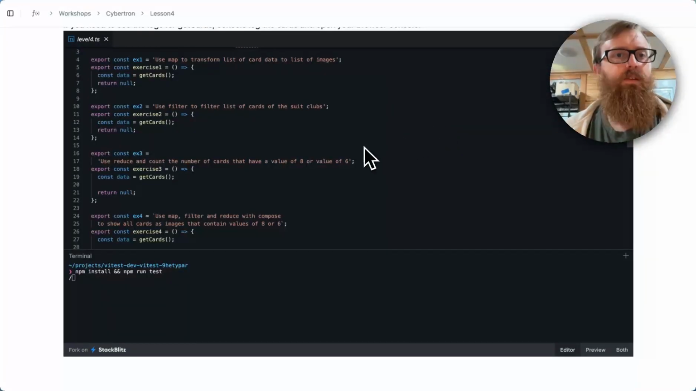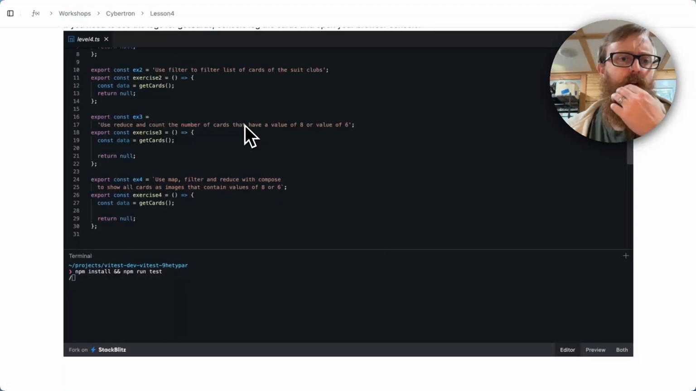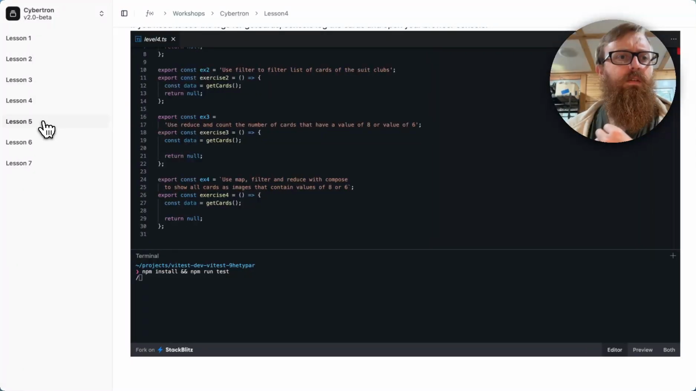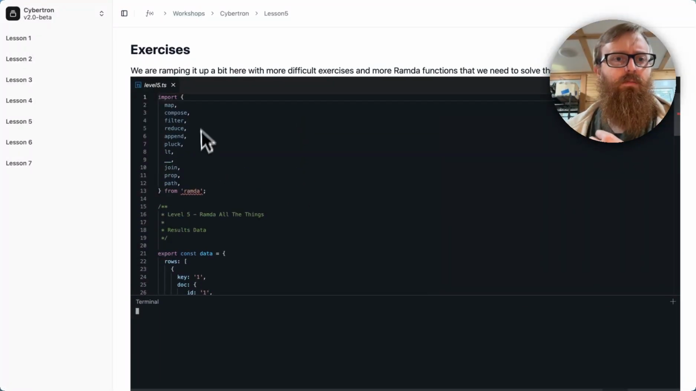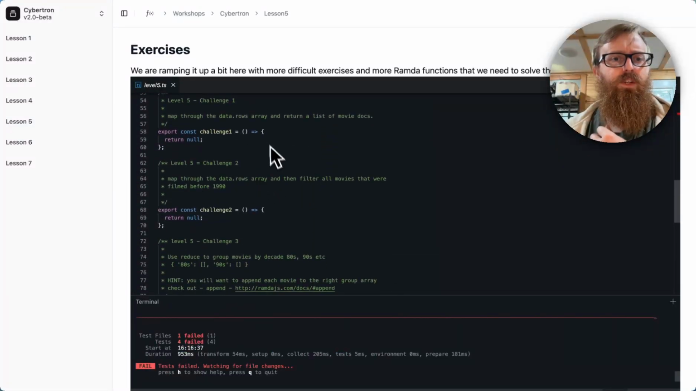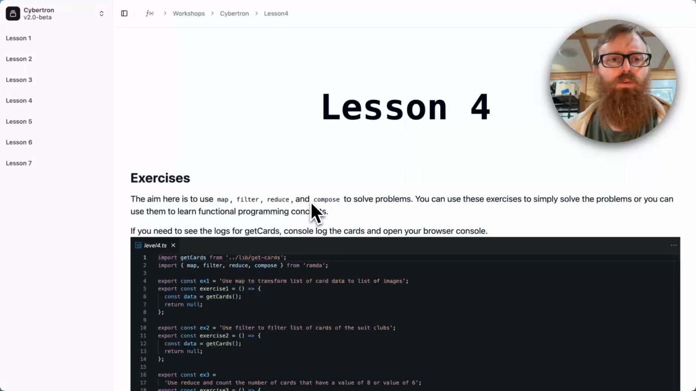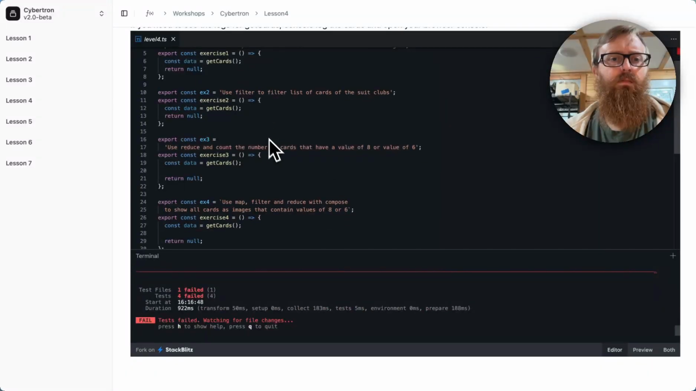Okay, so today is lesson 4. This one is generally the same. I think tomorrow, lesson 5 is when it really kicks up. If we look at lesson 5, you see there's a lot more functions brought in from RAM, and a lot more significant challenges. So anyway, we'll go back to lesson 4 for today, and this is just continued practice with map, filter,